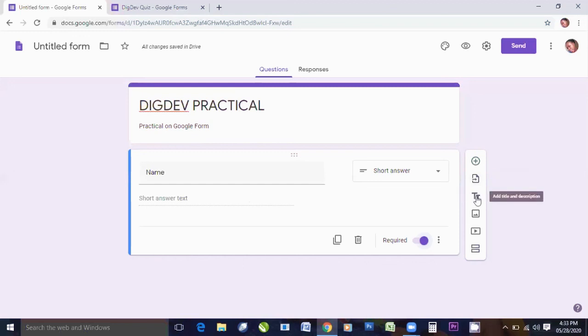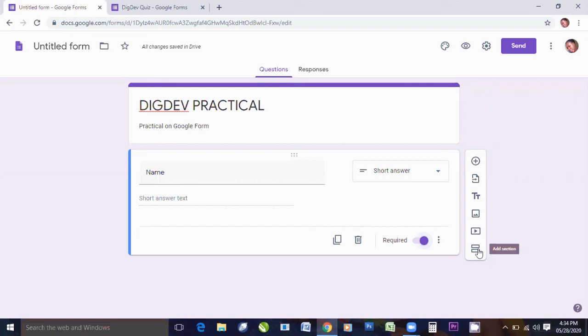So here is where you can add title and description, in case apart from this title, you still want to add another title here. Once you click on this, it will add another title. Then here is add image. Let's say you want to add an image to your question, you come to this side. If it's a video that you want people to watch, you click on this, then it will take you to where the video is on your system. Now, all these things must be on your system. If you are doing it on your phone, you can also make use of it.